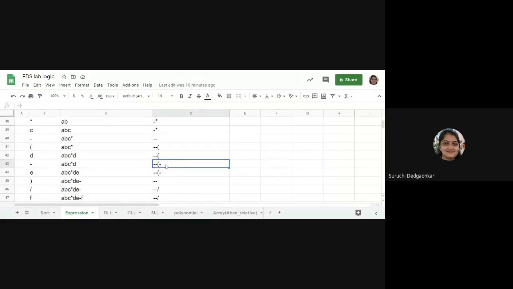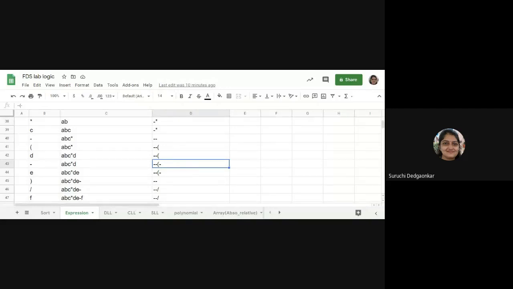Okay. And when it is operator, then it will be compared with opening bracket's precedence, and opening bracket will have the lower precedence value while coming out. So minus will be pushed. That's why we have seen those in stack and out stack precedences. Okay.